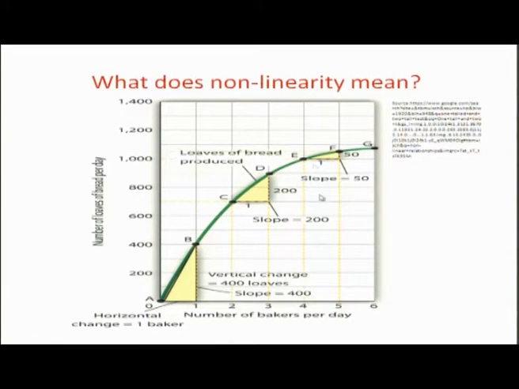In this part, when again x changes from 4 to 5, there is a change of 1, but the change in y is still smaller. This change is less than this change, and this change is much less than this change. So, when a fixed change in x produces different amounts of change in y, then this kind of relationship is called